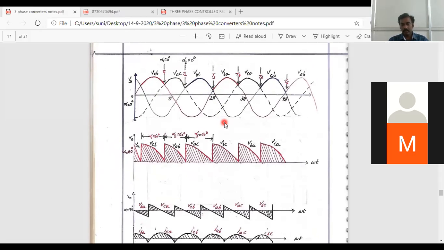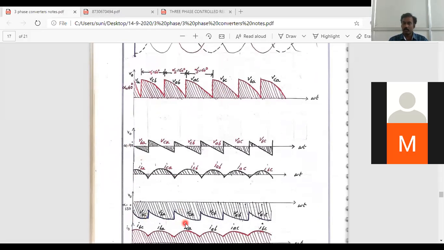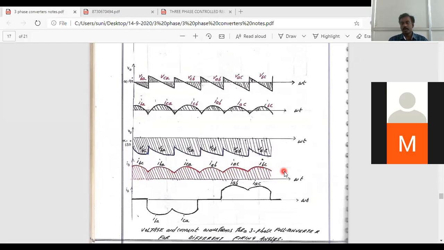So these are going to be for a single phase, three phase converter provided with an RL load for alpha equal to 0, for alpha equal to 60, for alpha equal to 90 degrees, and for alpha equal to 150 degrees. Okay, so when you consider the output current, it is going to be nothing but the line current, and it is going to be constant. You can simply represent that line current with a constant straight line. Okay,